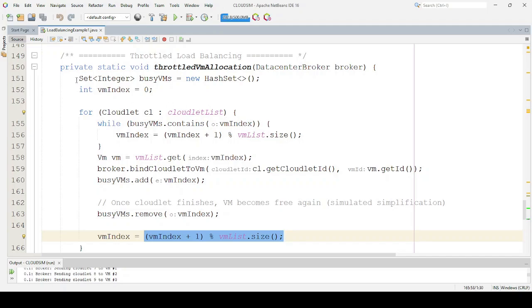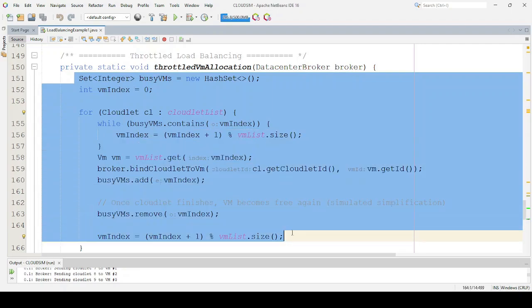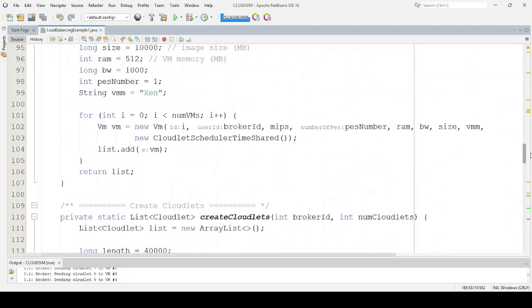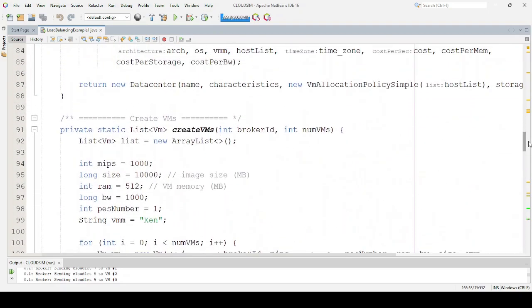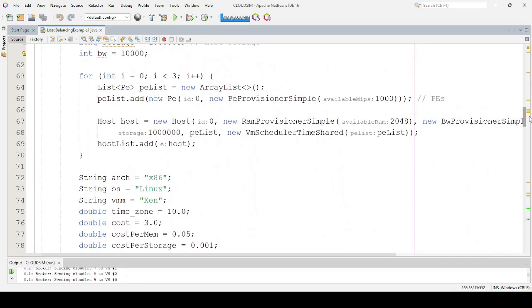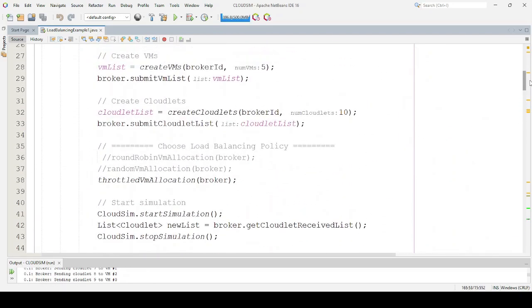So in the throttled virtual machine allocation, we are checking whether the virtual machine is busy or free. On finding that it is already loaded, we go for the other virtual machine. If not, we just utilize it. So we are checking the particular virtual machines, whether each is free or not. Once you have bound each and every cloudlet to the virtual machines, we go for the task of